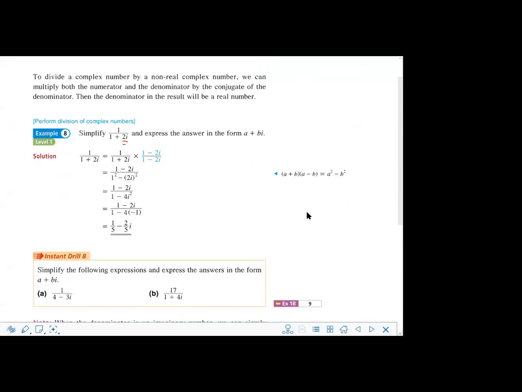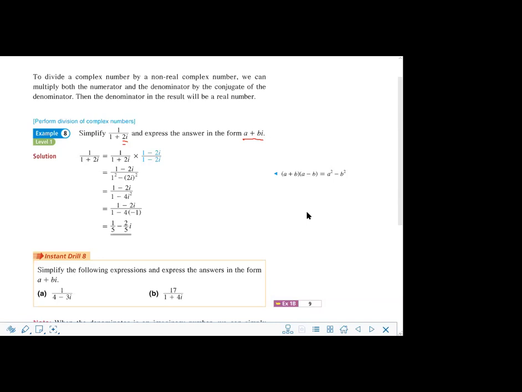Okay, and then the question will ask you to simplify this fraction and express the answer in the form of a plus bi. Okay, which means that the i term is not allowed to be in the denominator of a fraction. Okay, 分母不可以有 i term 存在嘅。如果佢有 i term 嘅話咧，喺分母啊，即係未化簡嘅。咁我哋而家就係要學點樣去化簡佢啦。Okay, so it is 1 over 1 plus 2i,